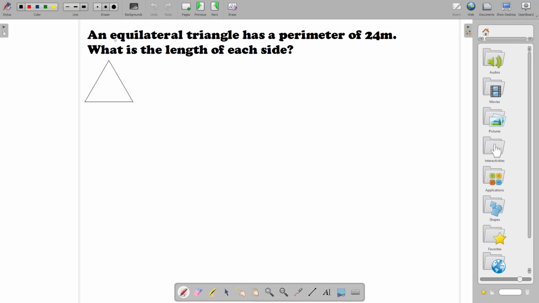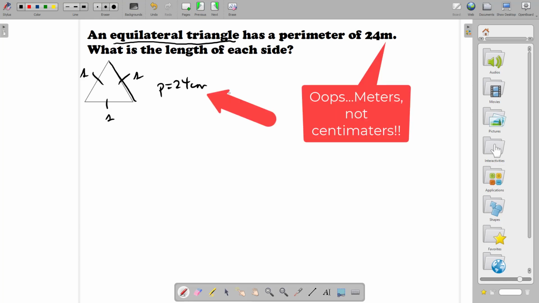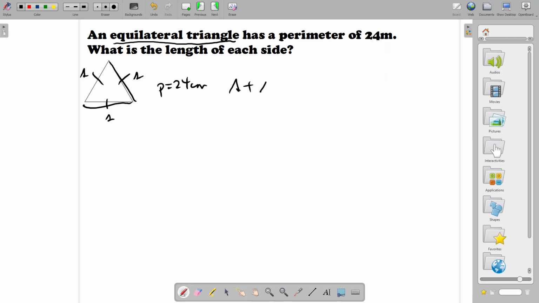In this problem, we have an equilateral triangle. Remember from our geometry review at the beginning, equilateral triangle means all the sides are congruent. So I'm going to call each side S. It tells us the perimeter is 24 centimeters. So this side plus this side plus this side equals 24. Combine like terms, 3S is 24. Divide by 3, divide by 3. S equals 8